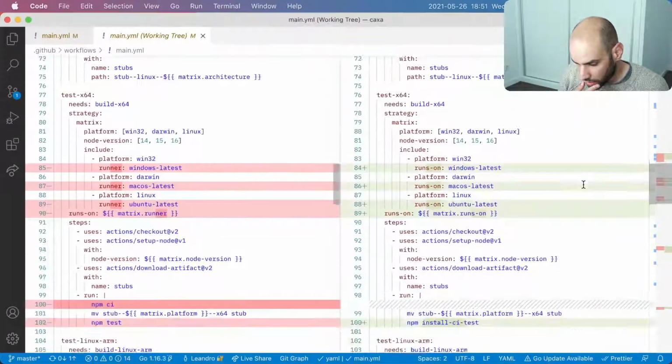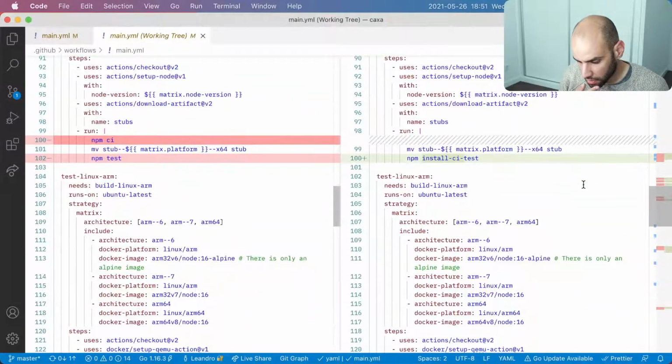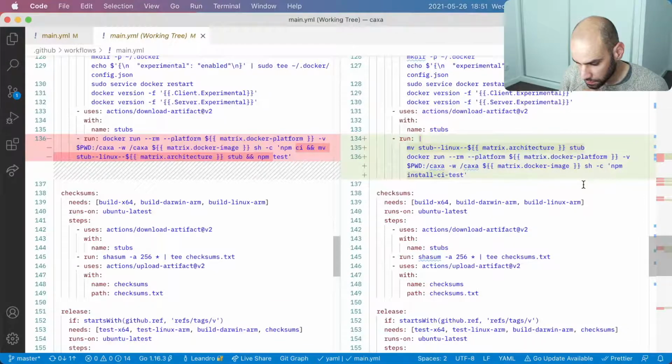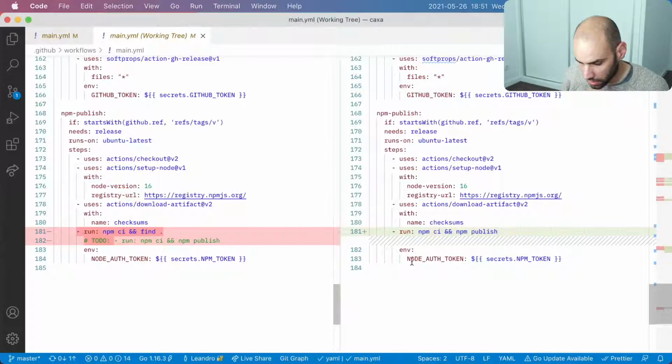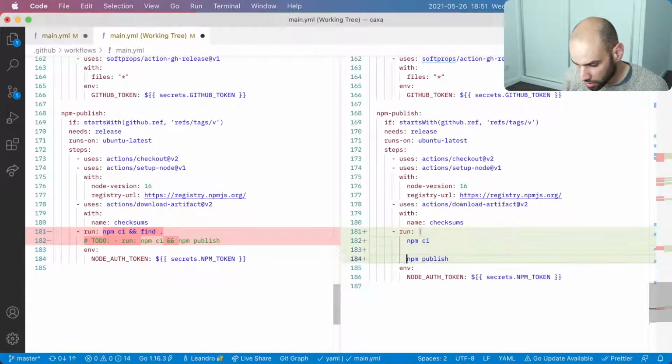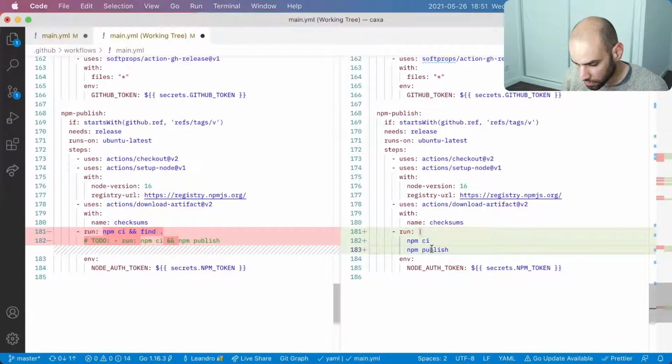And let's review everything. Yep, we moved that line up, and I guess since everywhere else we had two lines for these sorts of things, we'll have two lines here as well.